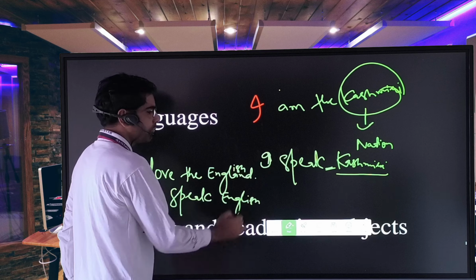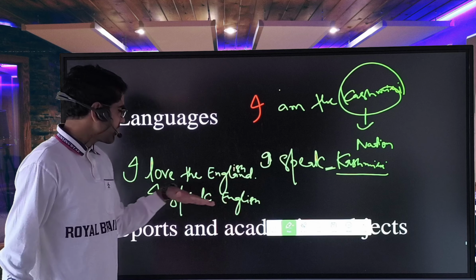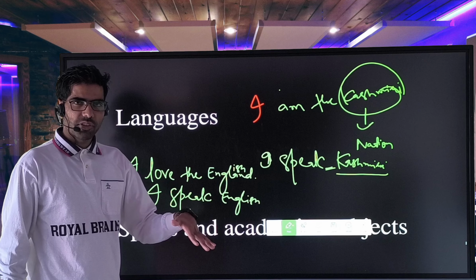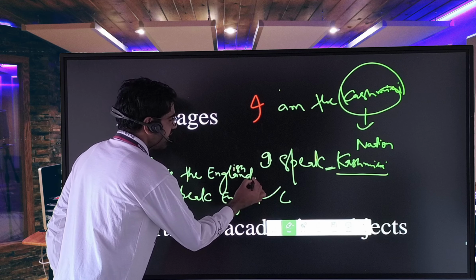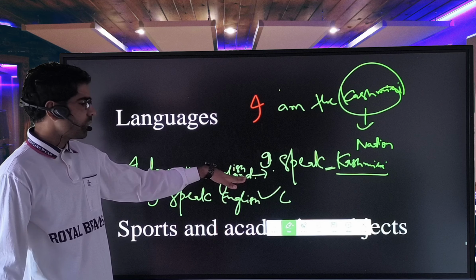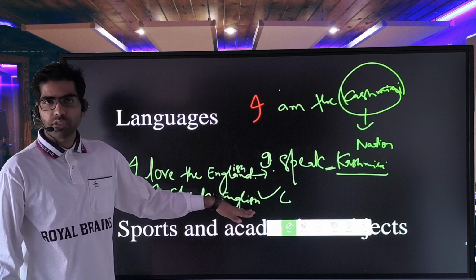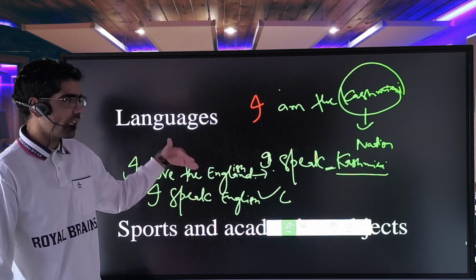English means actually people of England. English people. I love the English. So I speak English. Got it? Here, English is language, and this English is people of England. So this is talking about nation, this is talking about language. So whenever you talk about language, don't use any article, and when it comes to nation, use the article